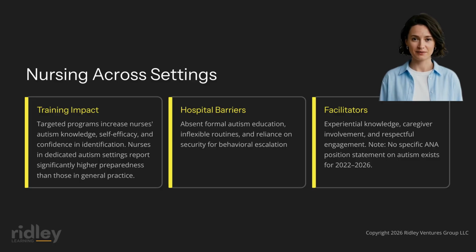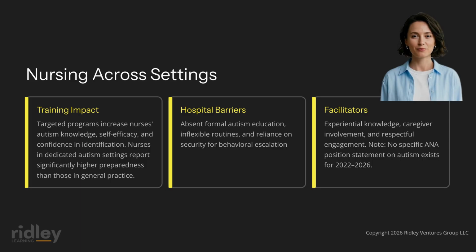preparation, and time management. A 2022 cross-practice analysis by Cashin and colleagues showed that nurses in dedicated intellectual disability and autism settings reported significantly higher preparedness, knowledge, confidence, and comfort than those in general practice, highlighting the value of targeted training pathways. A 2026 qualitative hospital study by Watson Grace and colleagues identified substantial barriers, including absent formal autism education, inflexible routine adherence, and reliance on security for behavioral escalation, alongside facilitators including experiential autism knowledge, caregiver involvement, and respectful